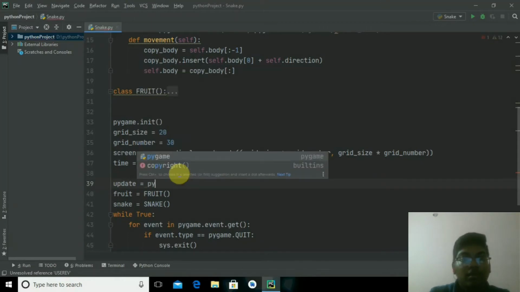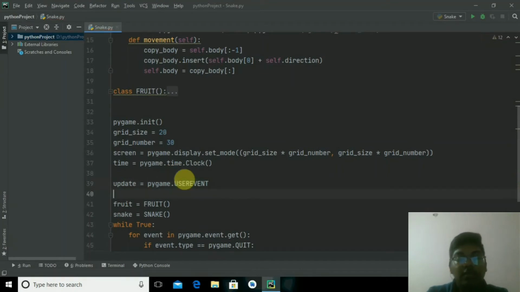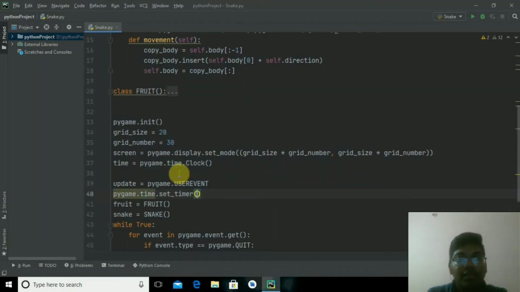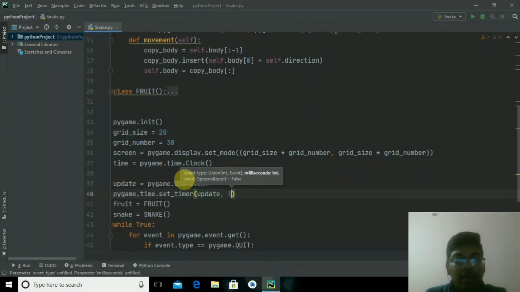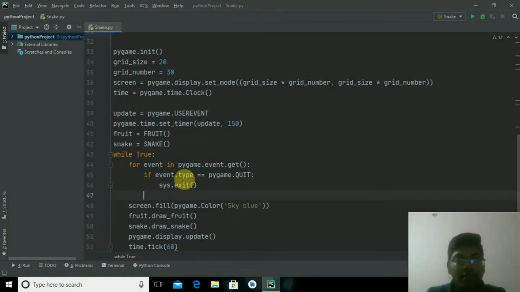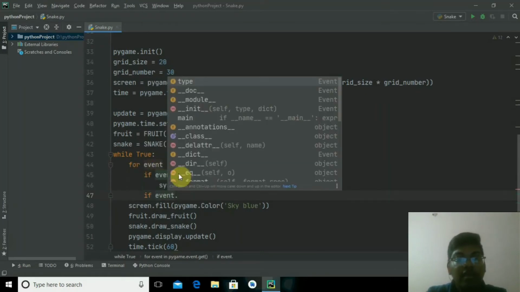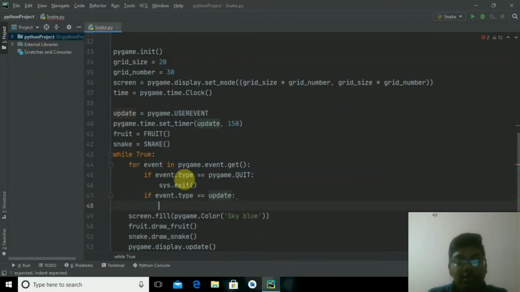Here pygame.USEREVENT. Then here I have to give pygame.time.set_timer and update. Here I will give 150, so it will be our minimum. Then after here I will write event type. If the event type is equal to update, then